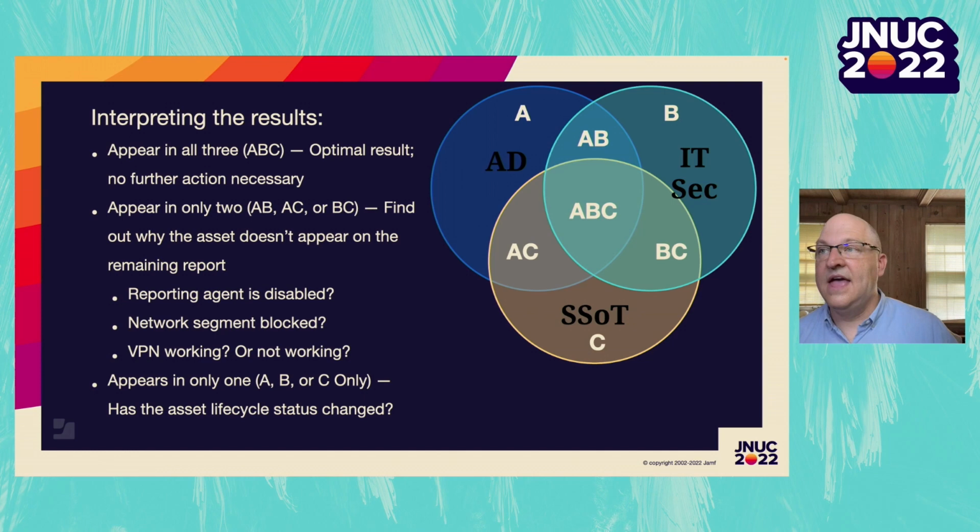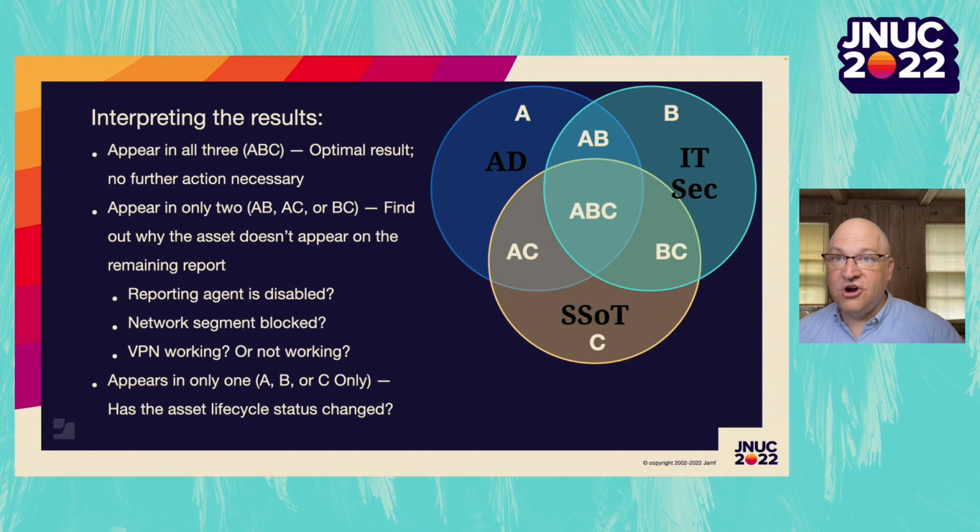If it's an agentless scanner, then there might be a network segment that is blocked, or some other port might be programmatically dark. It might be that the VPN's not working. Does your scanning tools work across the VPN, or is it going to have problems if somebody is working outside and going directly into the SaaS service?